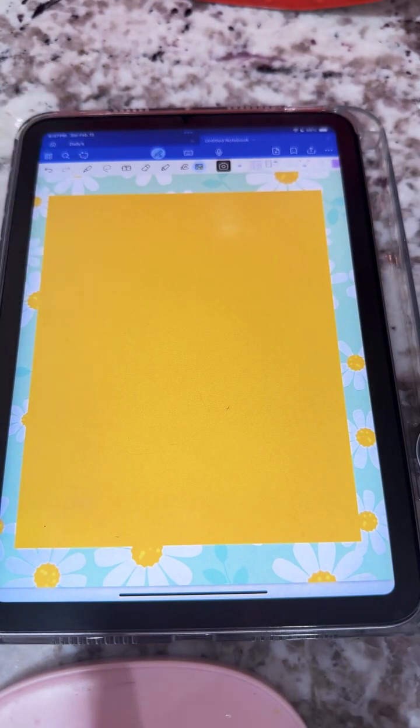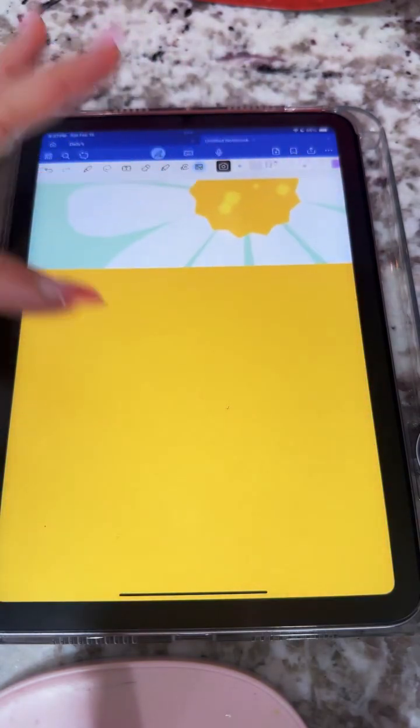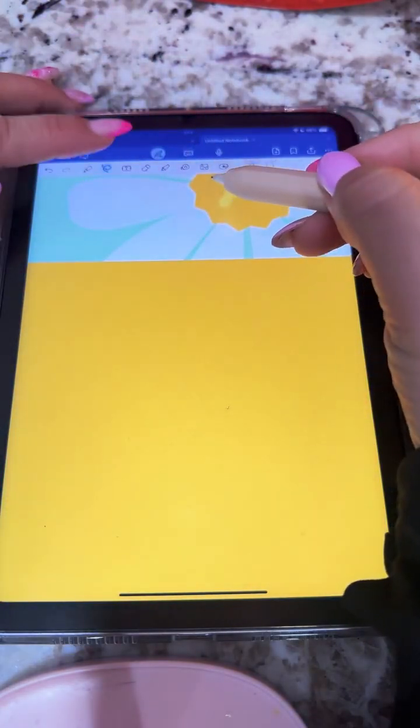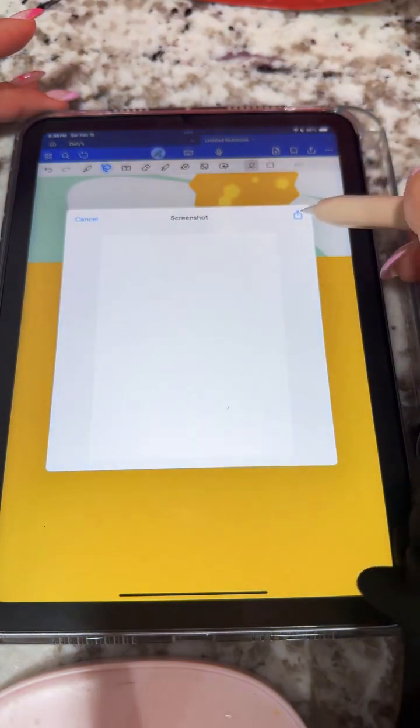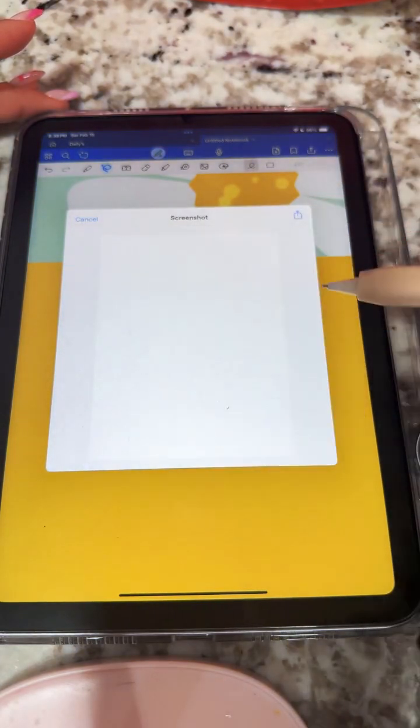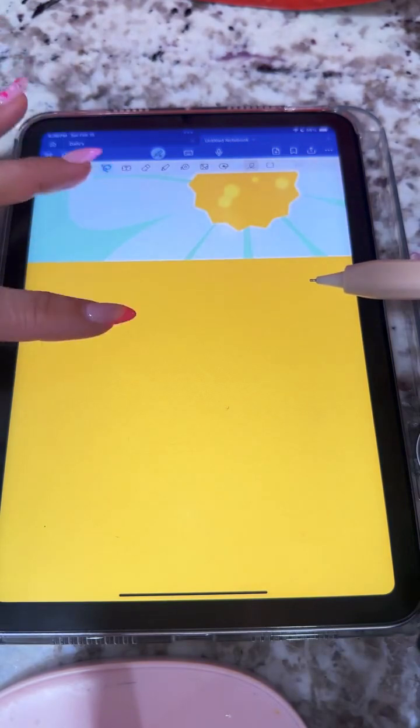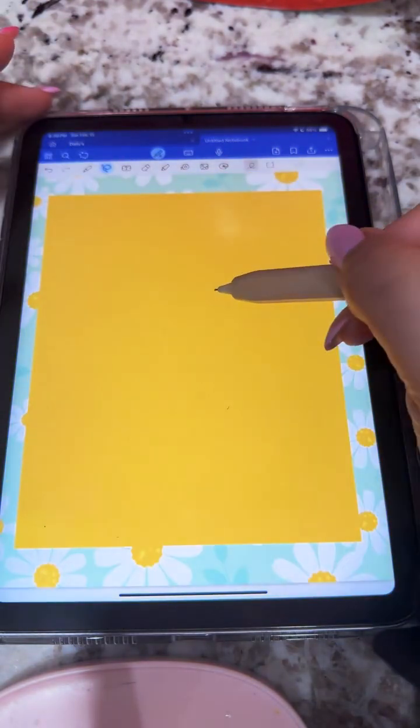So if I was writing a lot or if I had a lot going on, I would probably do something like this. But the other thing I like doing is, now that that's there, the background is still part of my template. I can then, if I wanted to, zoom back in to the white and grab the white the same exact way, hit the copy, and then now when I zoom out,